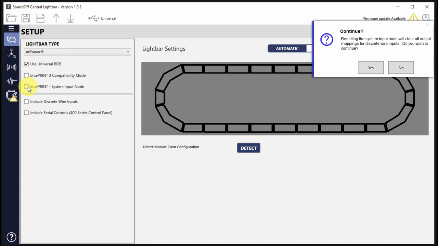And usually you're only going to do that on one breakout box. Actually, you're always only going to do it on one breakout box. But in SoundOff Central Blueprint, you don't have to do this. This is all handled behind the scenes. There's no need to go in and program your breakout box, click on this, tell it it's the input node